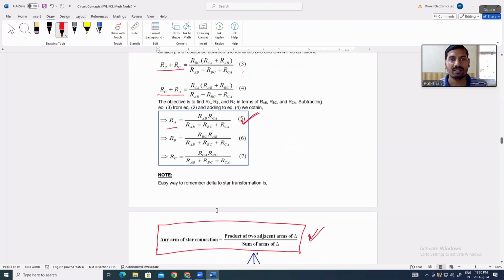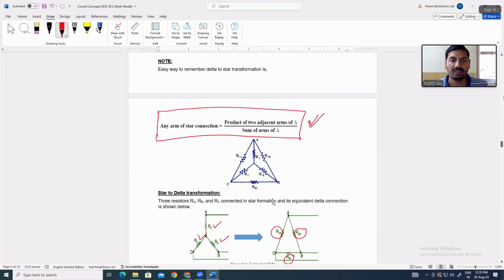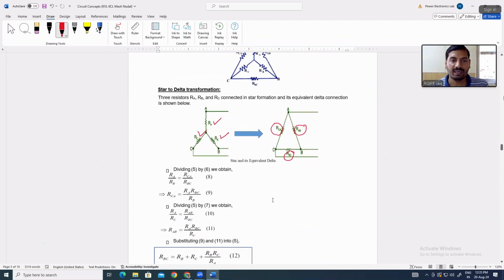ओके, सो स्टार टू डेल्टा कन्वर्जन में हमारे पास RA, RB और RC दिया हुआ है। सो इक्वेशन नंबर 5, 6, 7 हमने देखा, RA का वैल्यू दिया हुआ है इन टर्म्स ऑफ RAB, RBC, RCA। सिमिलरली RB एंड RC के लिए दिया हुआ है इक्वेशन नंबर 6 एंड 7 में। सो हम रिवर्स में जाएंगे, हम क्या करेंगे, डिवाइडिंग 5 बाई 6,